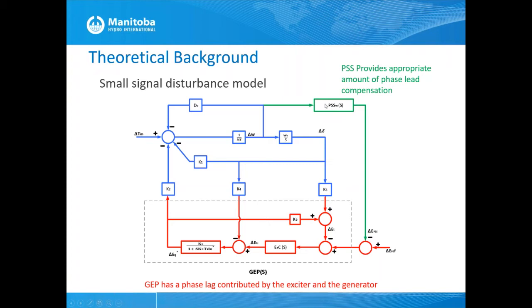And in this particular case, I have selected a speed input power system stabilizer. So the input for that is delta omega. Later you can see there are different types of stabilizers you can use. This one is a single input, speed deviation input. So the idea of the power system stabilizer is to provide a signal that can compensate the